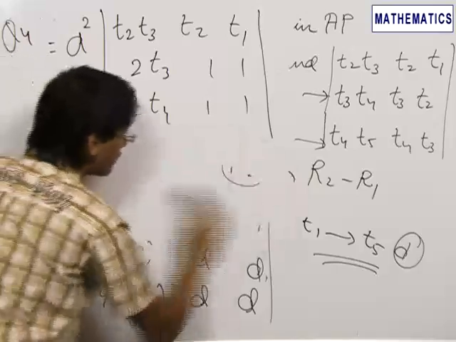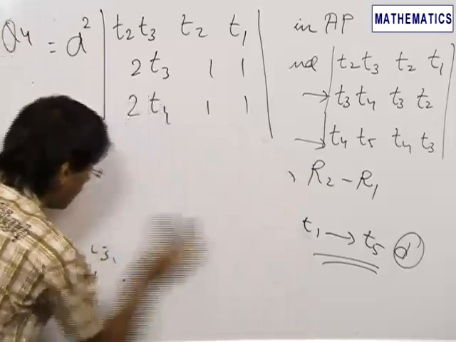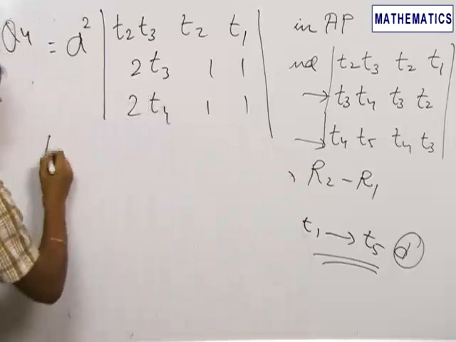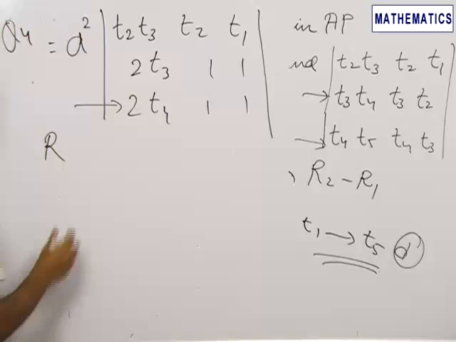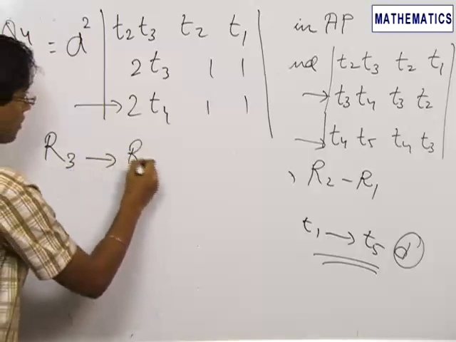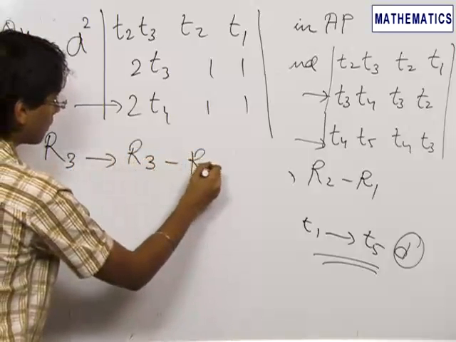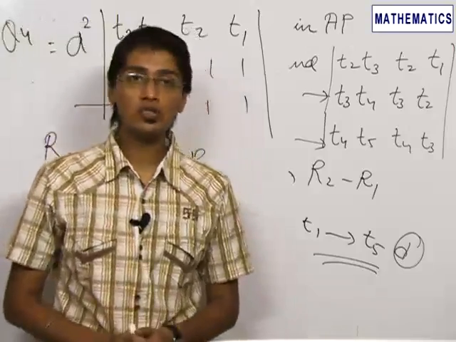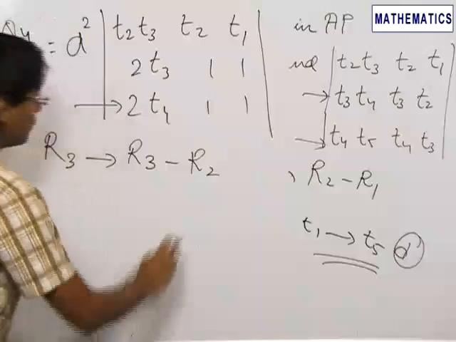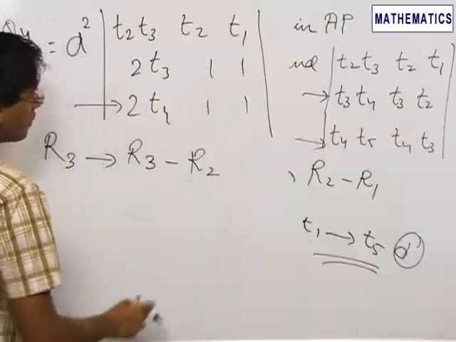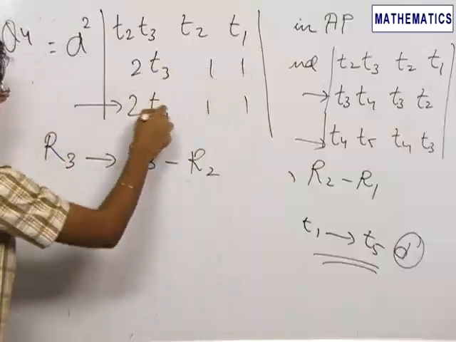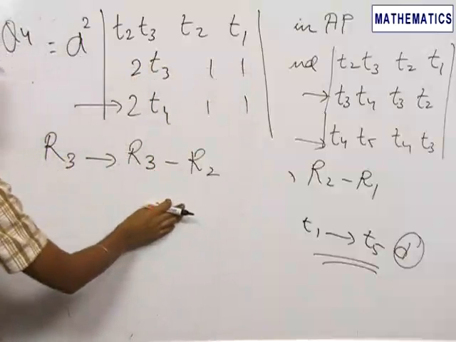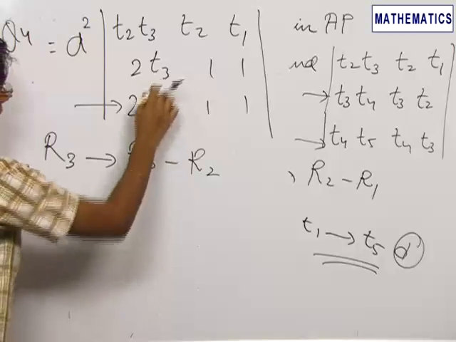Now we can use a further row operation on the 3rd row or the 4th row as you wish. On applying on row 3, the operation R3 minus R2. In any determinant, we try to create as many zeros as we can. We can see there are 1, 1 and 1, 1. So we can use the row operation either R2 minus R3 or R3 minus R2 to get 2 zeros, and we get a term T4 minus T3